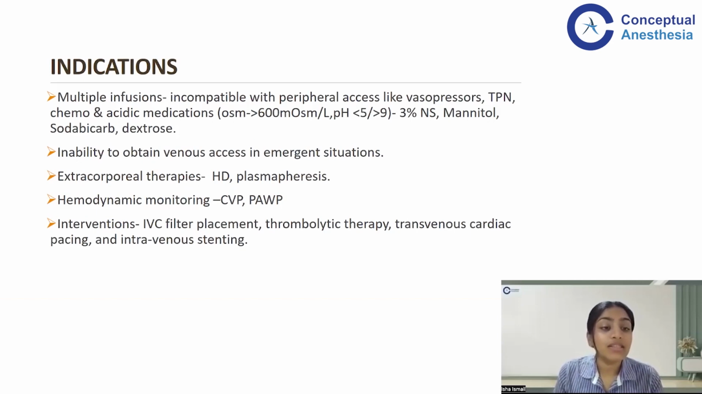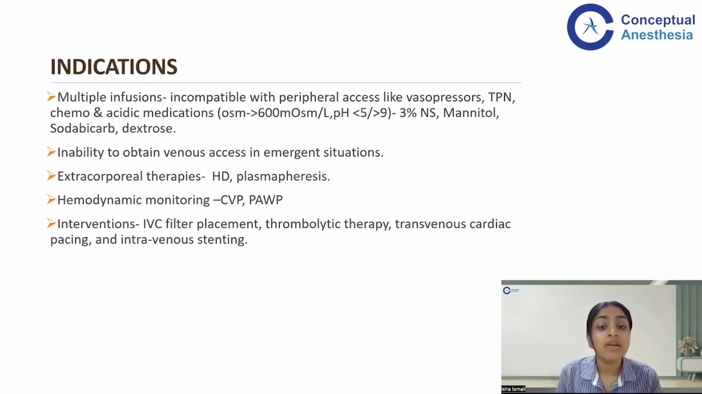When we come to the indications, the first one would be multiple infusions, especially in the ICU, things that you cannot use peripheral access for a really long time, and some drugs that are very hyperosmolar and cannot be used for peripheral access. So you need central access for sure. These include your vasopressors, total parenteral nutrition, chemotherapeutic drugs, acidic drugs, drugs with osmolarities of more than 600 milliosmoles, or with a pH which is not compatible with the vascular endothelium. So drugs like 3% NS, mannitol, soda bicarb, dextrose, and potassium supplementation, all of these